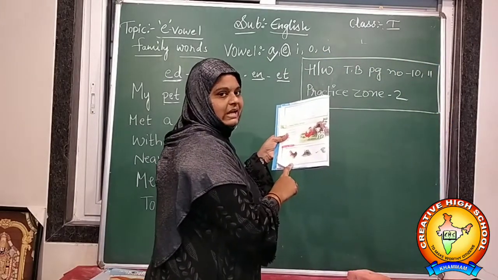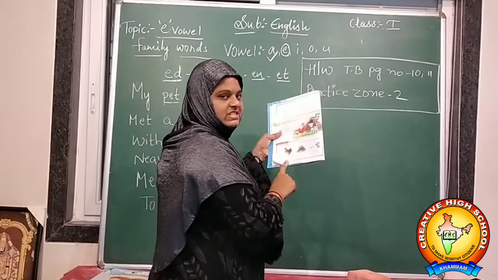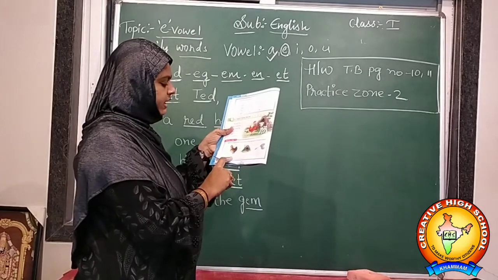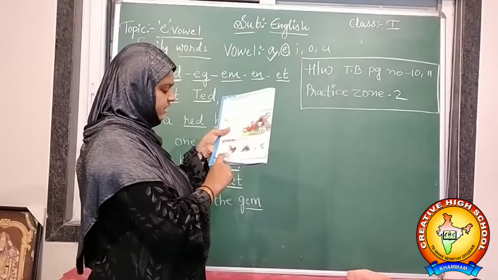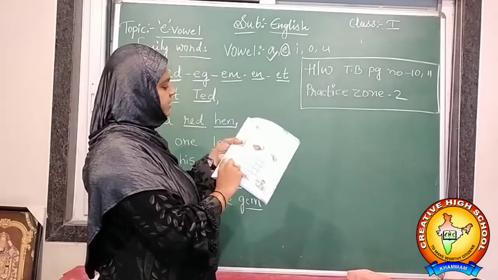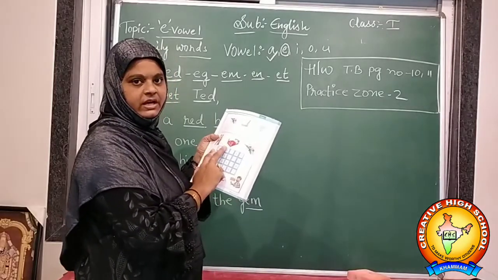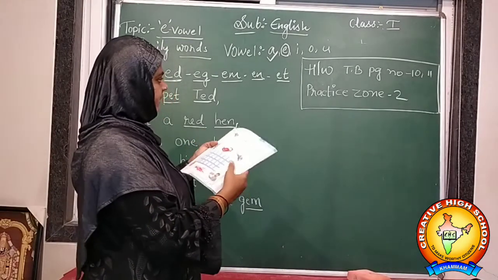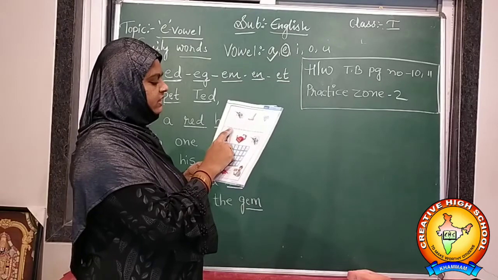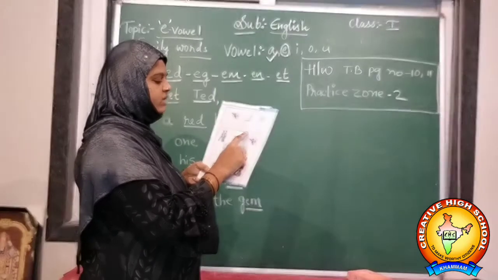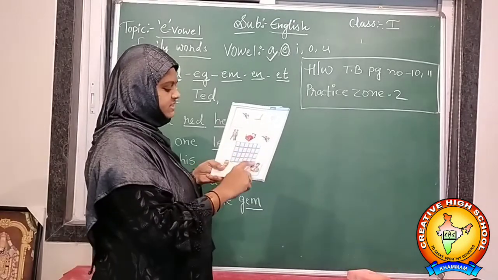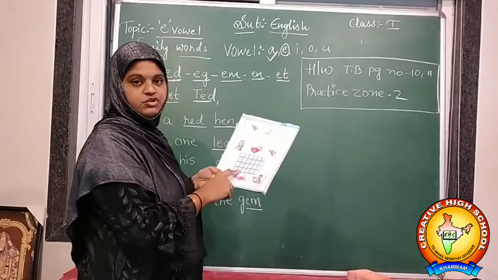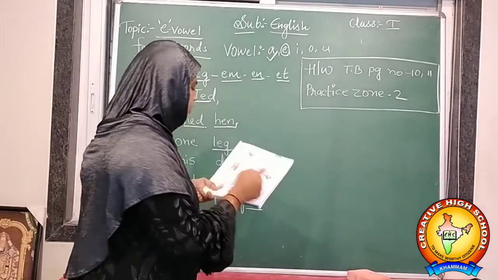The word should start with the E letter sound. You have to write neat handwriting. While you are writing, you should write the names of every picture here. You can write easily. And I am going to tell you this, page number 11. Circle the words with the vowel sound E in the word search. So this is the vowel sound search. I will show you how to write.